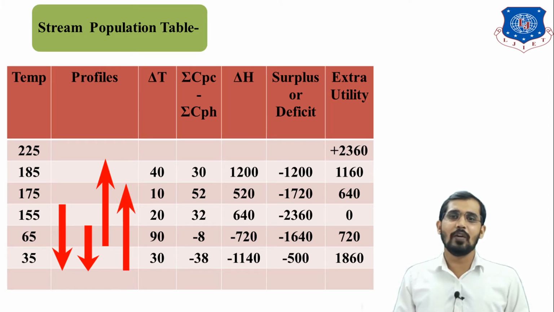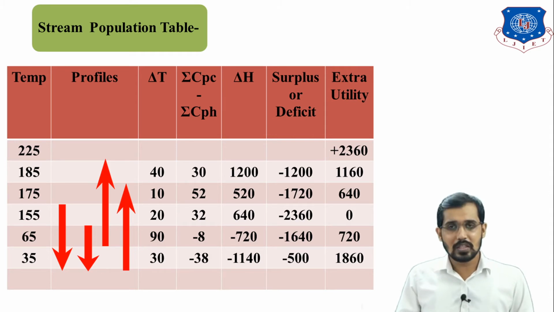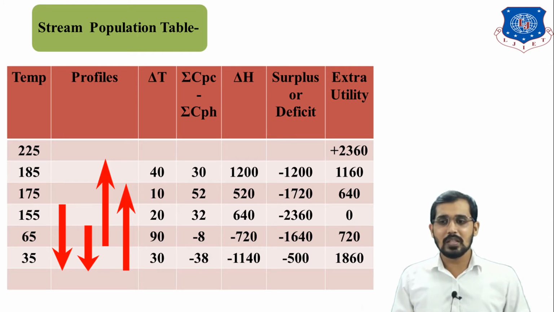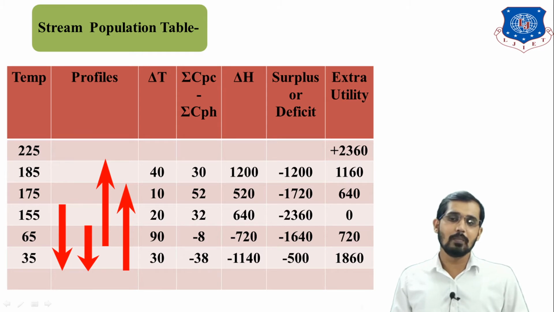After that, the last profile, for C2, the cold stream: you can see here 35 to 185 degrees Celsius. Now I can conclude: on the screen, this is the H1 stream, this is H2, this is C1 and this is C2. In H1, heat is flowing from 175 degrees Celsius to 35, H2 is flowing from 155 to 35, C1 is flowing from 65 to 225, and the last stream, C2, is flowing from 35 degrees Celsius to 185 degrees Celsius. So this is the temperature profile for all four streams.